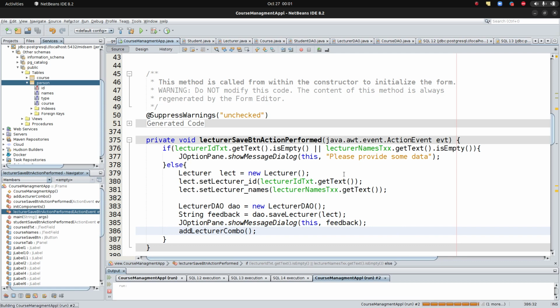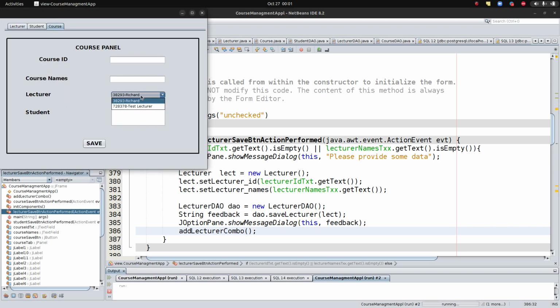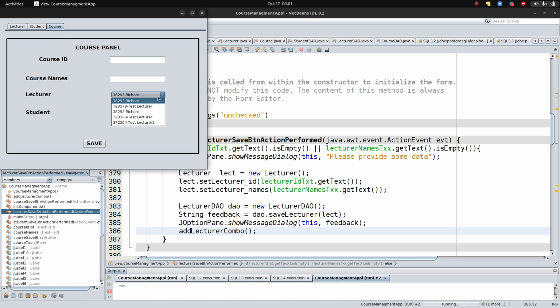Of course, there's something else we're going to know. You can see under the course we have both of them. So let us have another one to test what we have from here. Let us say test lecture 2. Let us use lecture 2, and then let us save. Data saved. You can see when you come to the course, the data has been duplicated, because we're